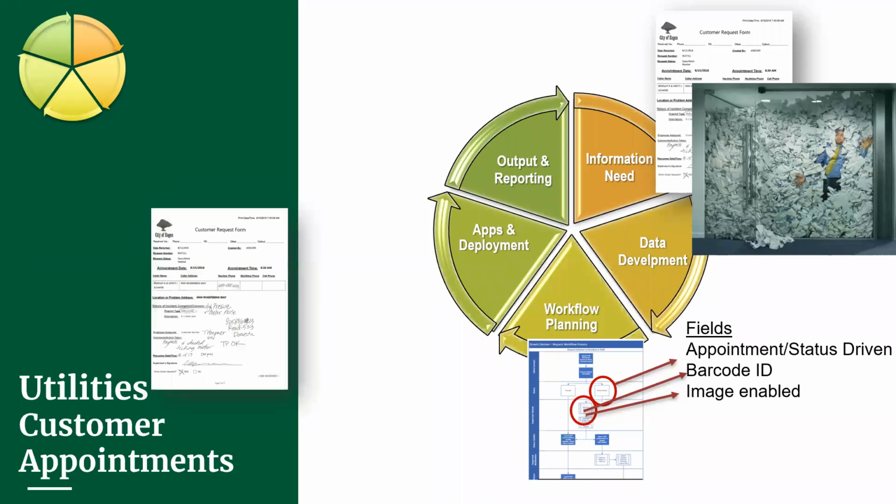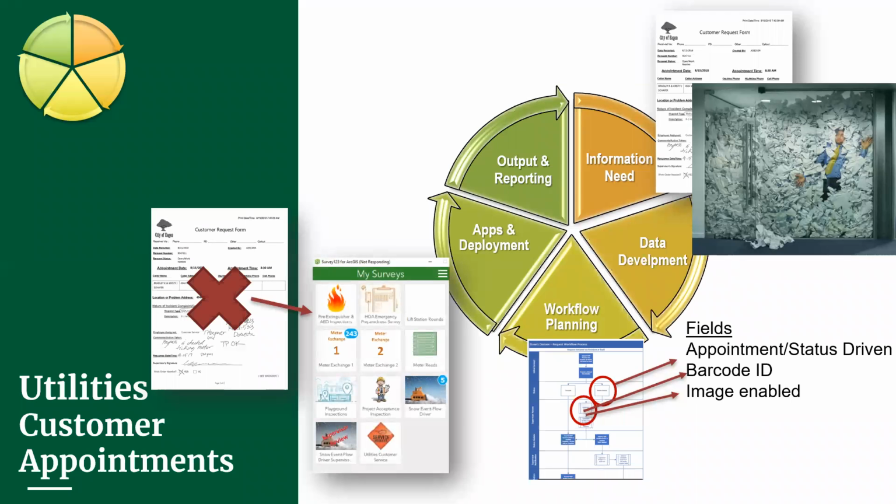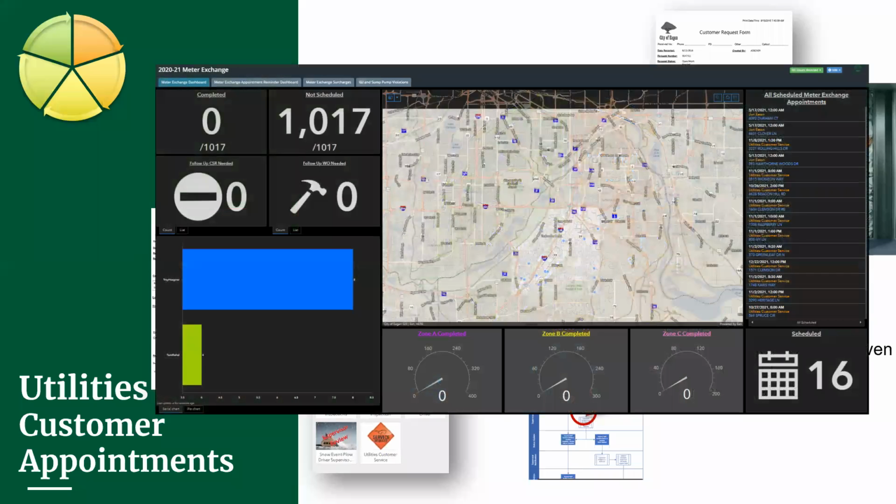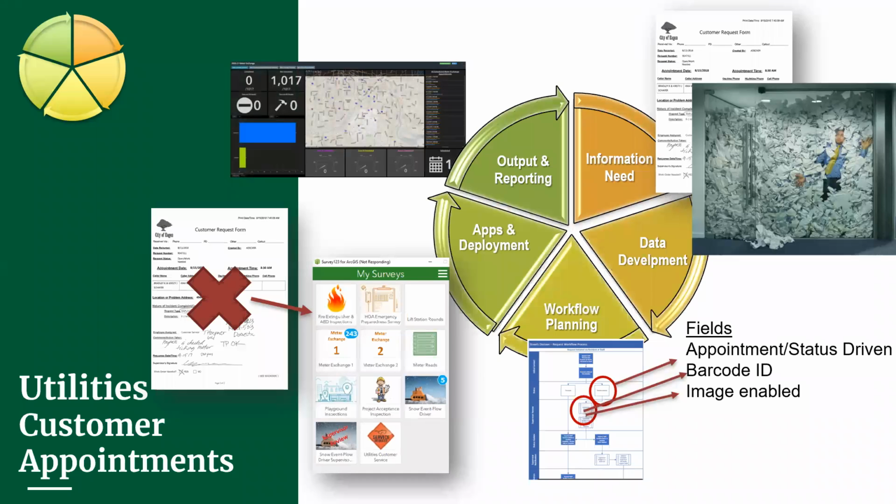So now that we've streamlined our data collection efforts, we're able to provide information back to the office immediately. One of the ways this happens is through a dashboard configured to track the new incoming requests as they are scheduled, deployed, or responded to. Office staff can easily see schedules and where the crews are in their day. They can also see what lies ahead for the next day or week and get detailed information about appointments. And this is all in one place. So dashboards are replacing a lot of our tabular and list-based reports.